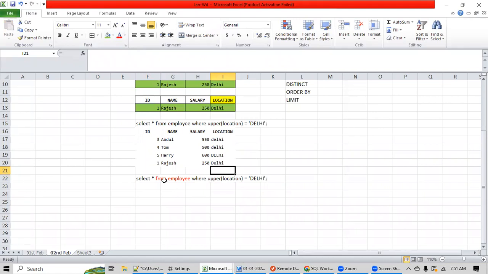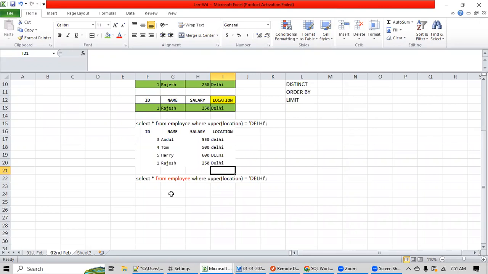So first of all, from will be executed. What is the meaning of from employee? The engine will search for that table name in the database.